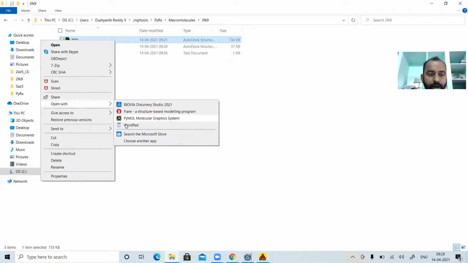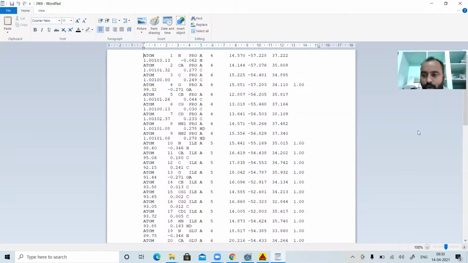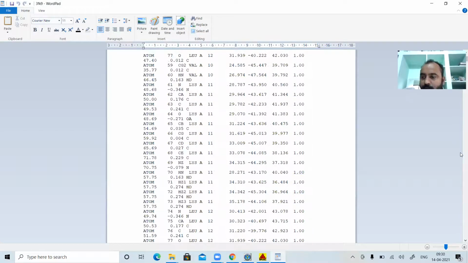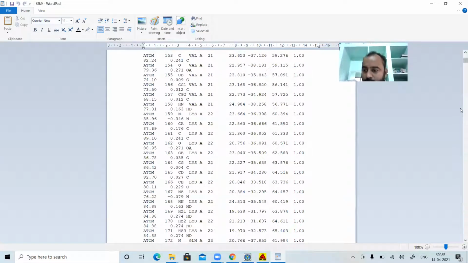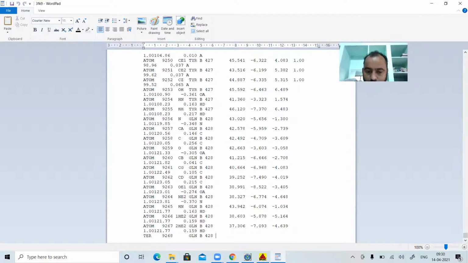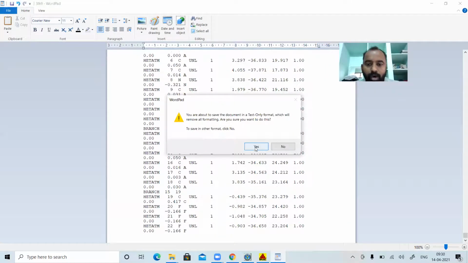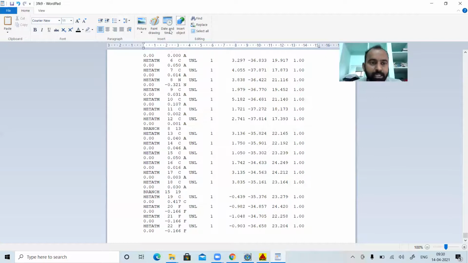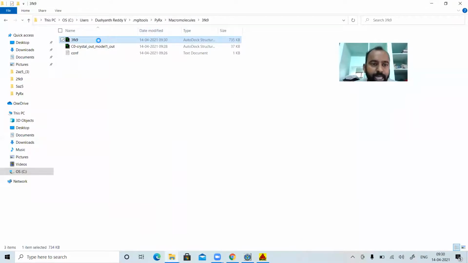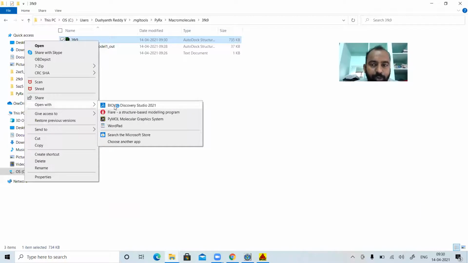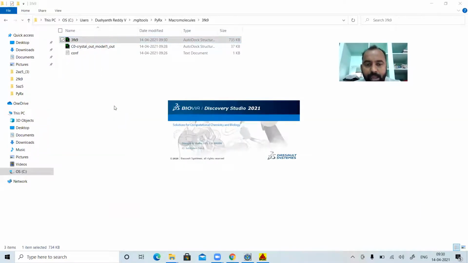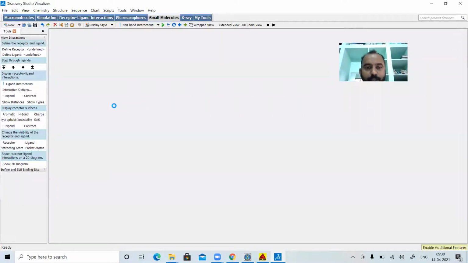Open with WordPad again. Once you do, just go back to the last part of your docking protein file, the last part of your Word file, paste your grid coordinates and simply save your file. Once you do that, your docking has been finished. The next part is visualization. Simply click open with Discovery Studio. Now your results are ready and it will show non-bonding interactions with your molecule and protein. Let us see how it shows and what exactly information you are getting from your structural information.